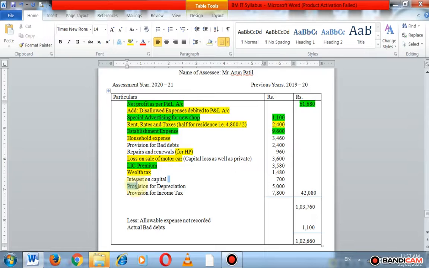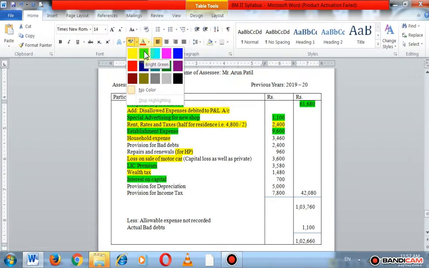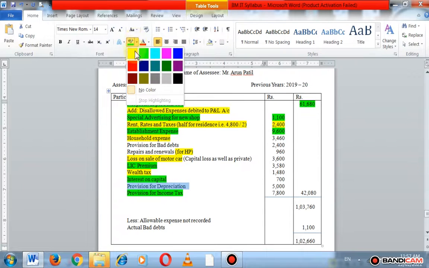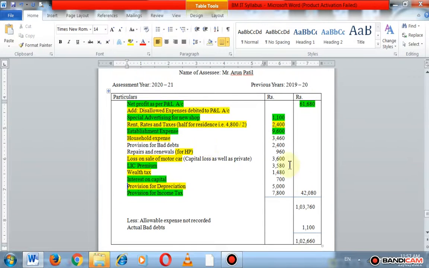इंटरेस्ट ऑन कॅपिटल, तर फॉर्मॅटमध्येच आपण एक्सप्लेन केलं होतं की इंटरेस्ट ऑन कॅपिटल हा डिसअलाउड एक्सपेंडिचर आहे. त्यानंतर सर्व प्रोव्हिजन आपण डिसअलाउड पाहिलेले आहेत. ओके, मग डेप्रिसिएशन प्रोव्हिजन असो किंवा इन्कम टॅक्स प्रोव्हिजन असो सर्व डिसअलाउड राहतील. आणि या सर्वांची टोटल केली असता आपल्याला 42,080 रुपये टोटल मिळाली. ती टोटल आपण 61,680 मध्ये ॲड केली, आपल्याला करेक्ट नेट प्रॉफिट मिळाला